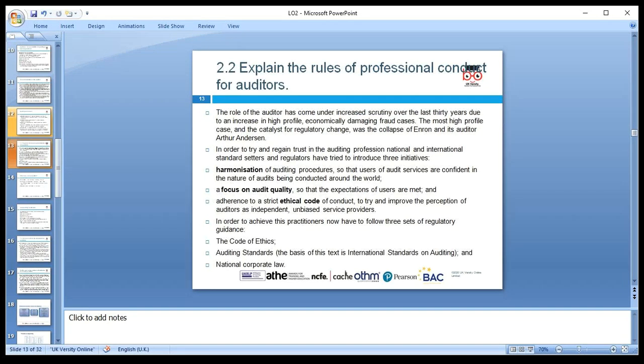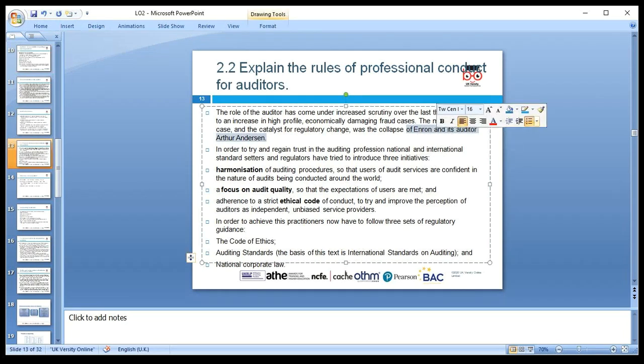Okay. Next we're looking at 2.2, explain the role of conducting an audit. What is the role? The role of the audit has come under increased scrutiny in the last 30 years. What is the purpose of audit? It is because of companies like Enron and WorldCom, where Arthur Andersen, one of the auditors, did the